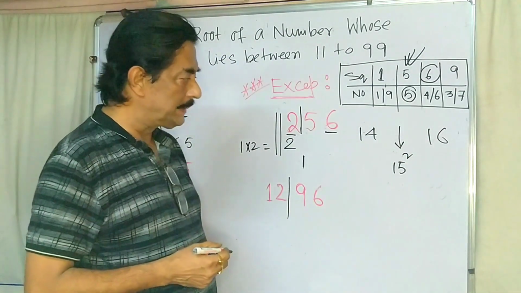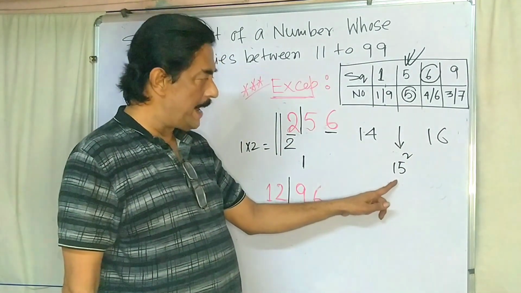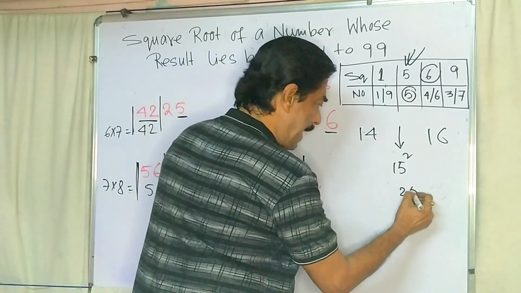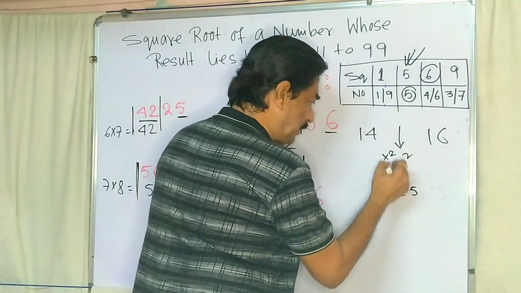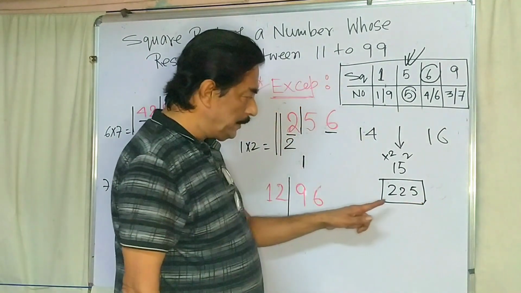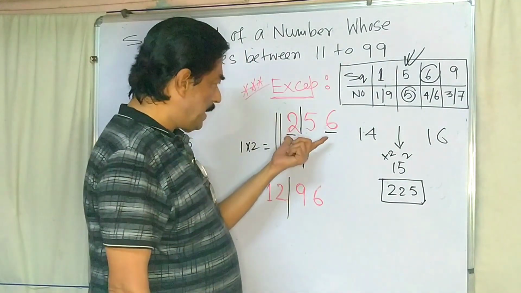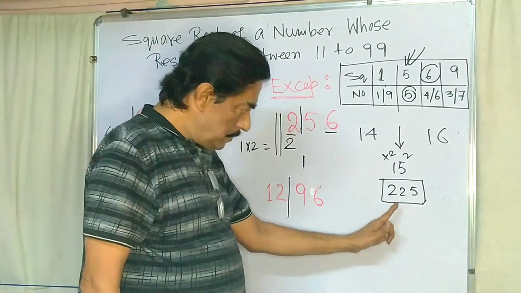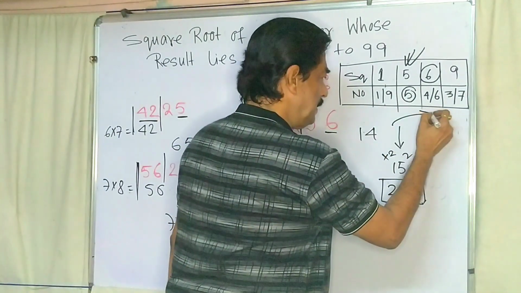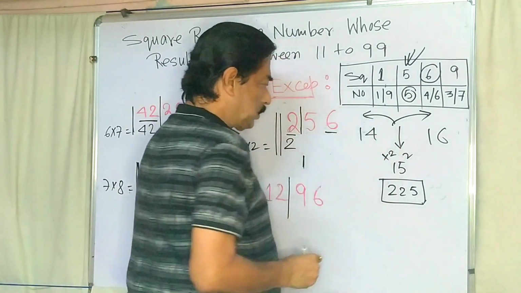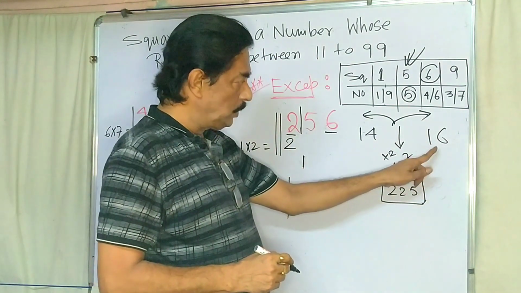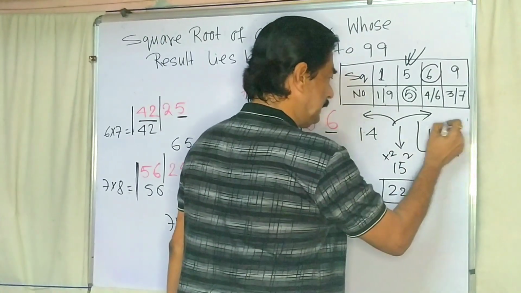In our first video we discussed how to find the square of a number ending with 5. So 5 square is 25, and 1 into the next number 2 is 2, so the result is 225. Now the middle number's square is 225, and I have to test with respect to this value. The given number 256 is greater than 225. As it is greater, we have to go to the right side. If it is less, we have to go to the left side. So the testing number is 225, and 256 is greater, so you have to move right. So your right answer is 16.